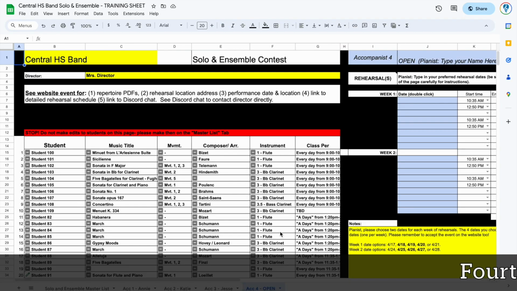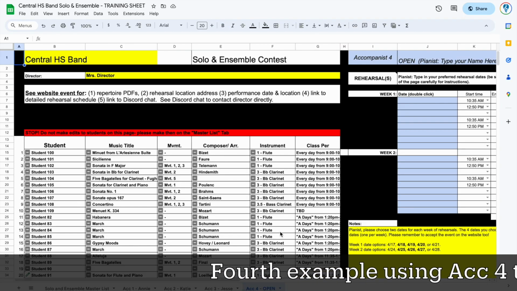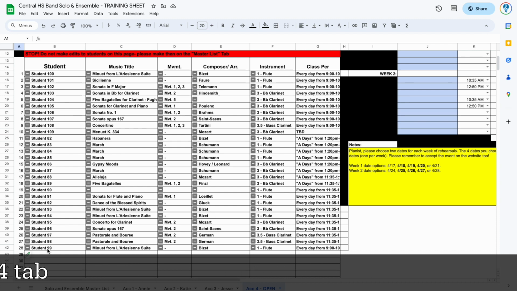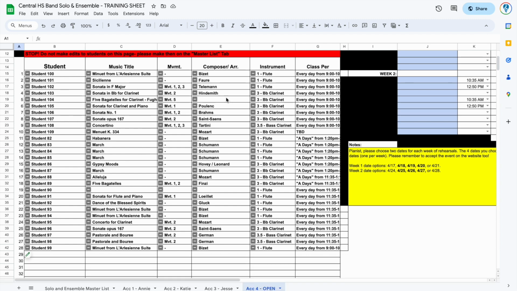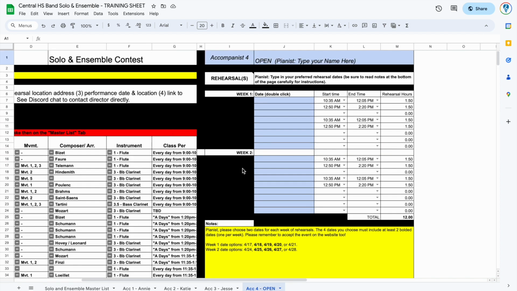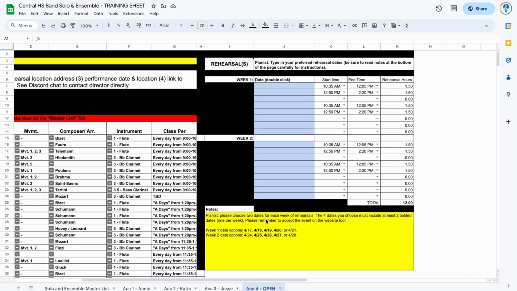Okay, so the final Accompanist 4 position example here. Again, we're looking at the student list. This one has more students, 28 students, but maybe the repertoire is a little bit easier. I've decided that this looks good on my end, so I'm going to go ahead and look at the rehearsal